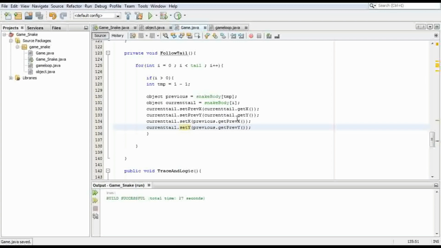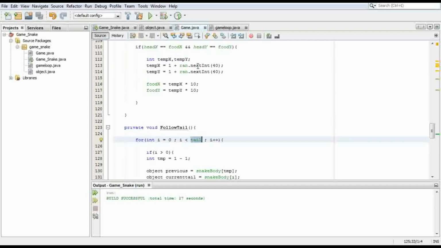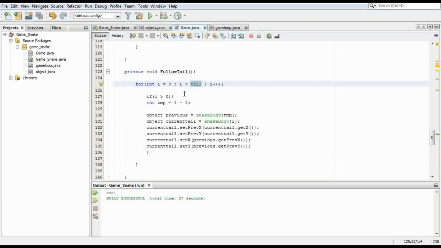All right, so this is what we're doing right now. Let me just start from scratch. We are looping through the whole snake at this point. The tail is always going to increment every time we eat the food. I didn't edit here, I'm going to edit. We're going to loop through the whole snake, and we're always going to start after the head. And we're always going to take the previous block of the snake that comes